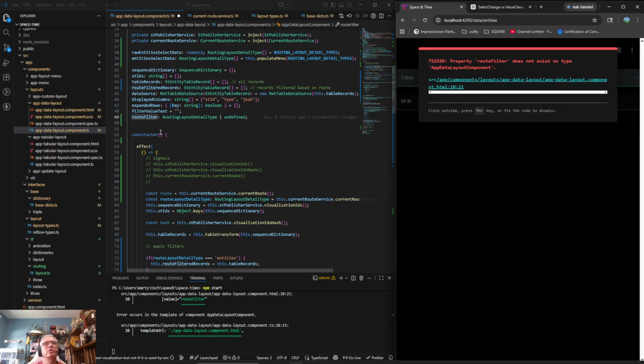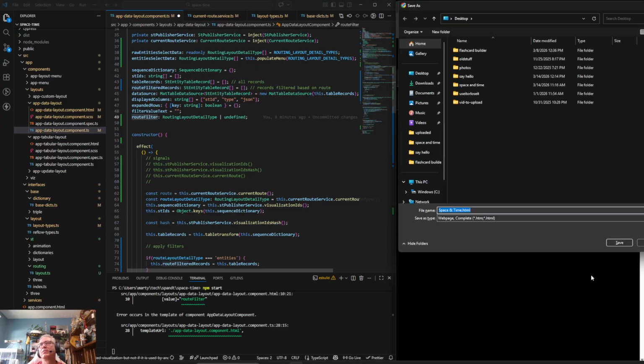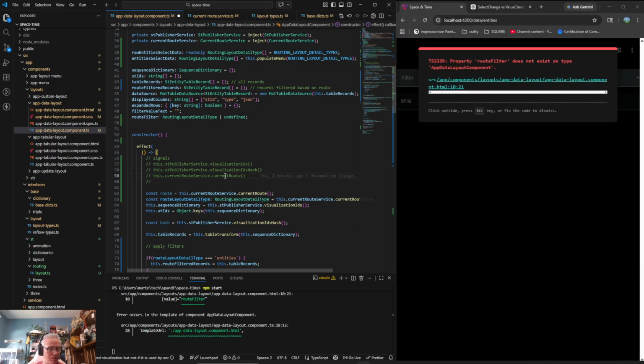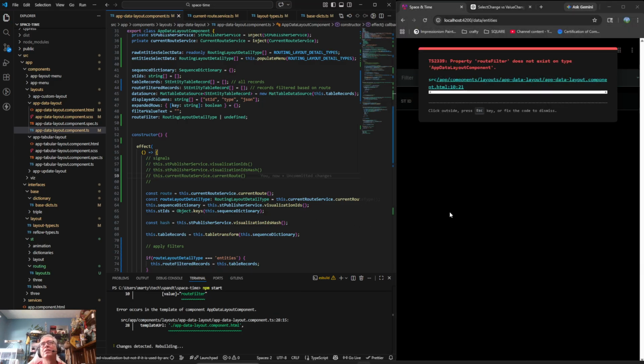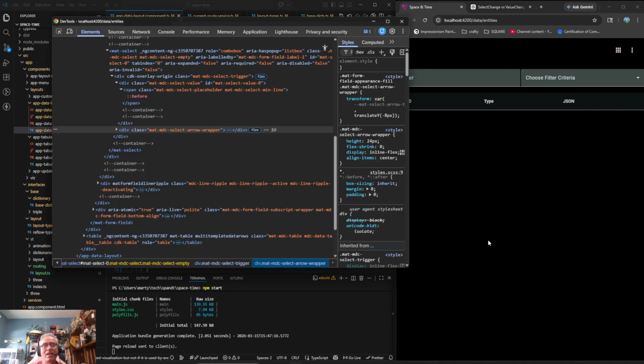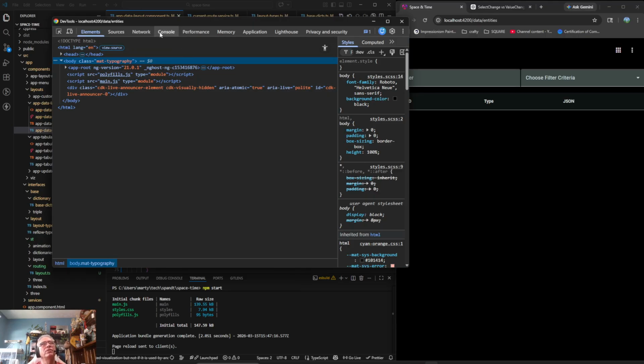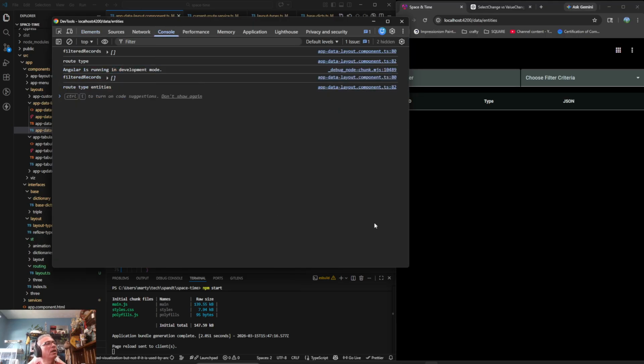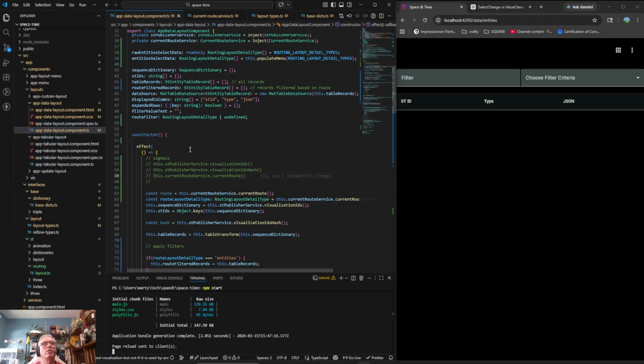Route filter, route filter. Oh, I didn't save it. I do that all the time. And then I'm in the browser when I try to hit save, so I do that all the time too. All right. So the big thing I was worried about is in our console, if we get an error that says we're not allowed to set it to undefined, or that it changed or whatever. So now we have our route, and I believe